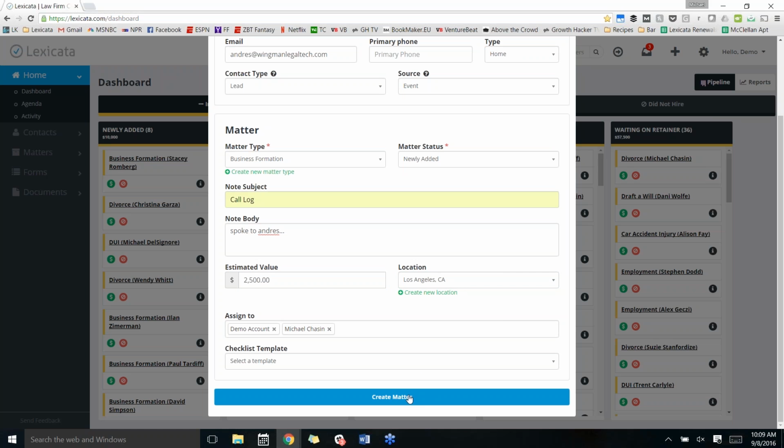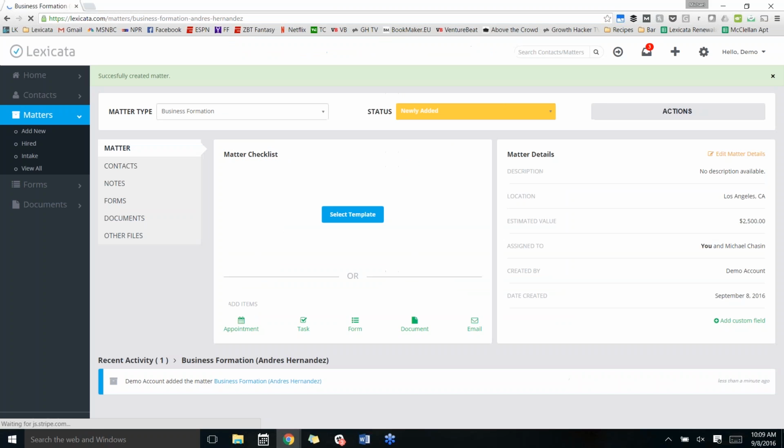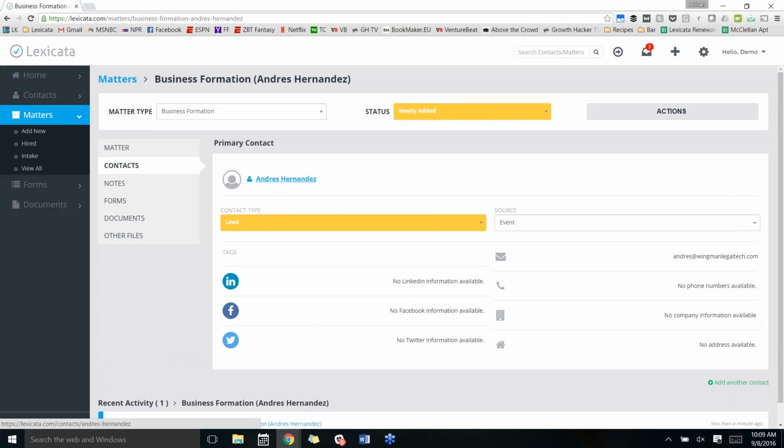You can also track people based on value, because obviously no two leads are created equal. If you're a business transactional firm, a client wanting to do business formation is going to be more valuable to you than a client who just wants to do a simple trademark filing, right? So you want to track who the valuable people are in your system. We can also track based on location: city, county, state, courthouse, suburb, whatever you want to do.